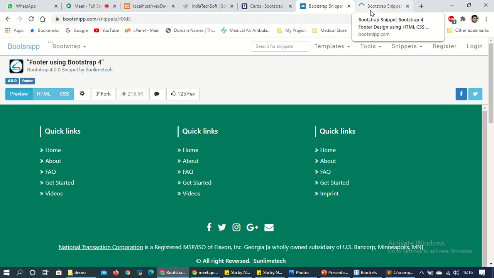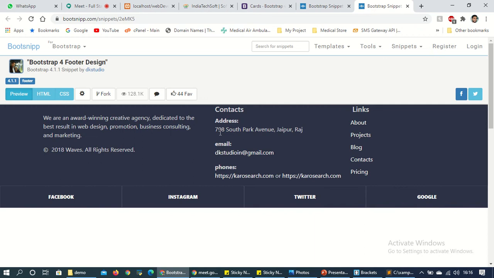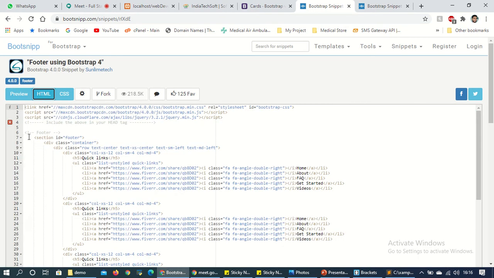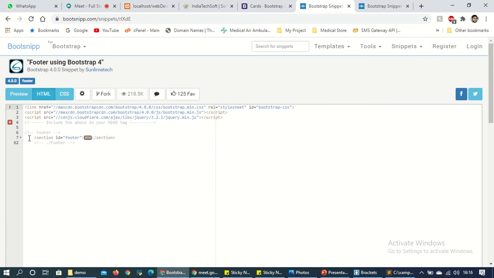I'm just copying and pasting because I have already explained all the tags. So I hope you are getting it. I want to use this one. Just go to the HTML page and copy this section, footer. Footer is also a tag, but here it is a section.